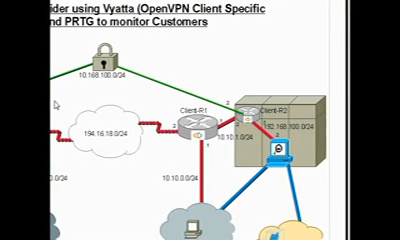I mean, essentially going back to what I was saying before, this router and this router aren't really important. You could have a Cisco